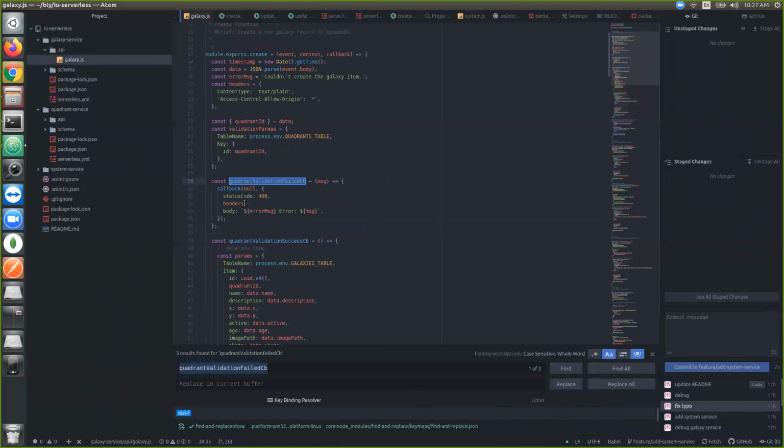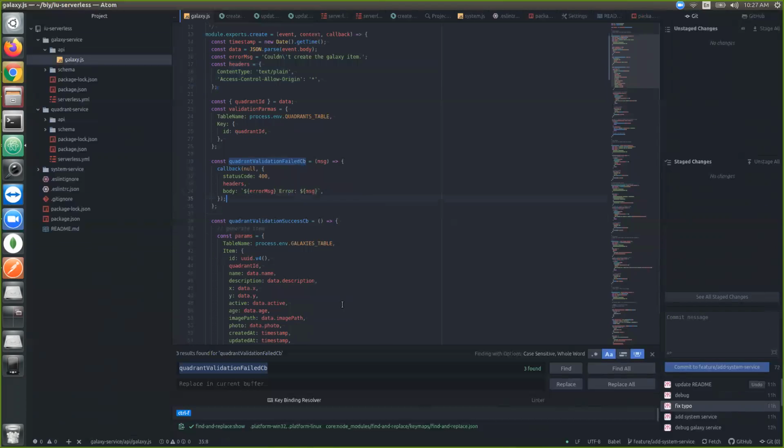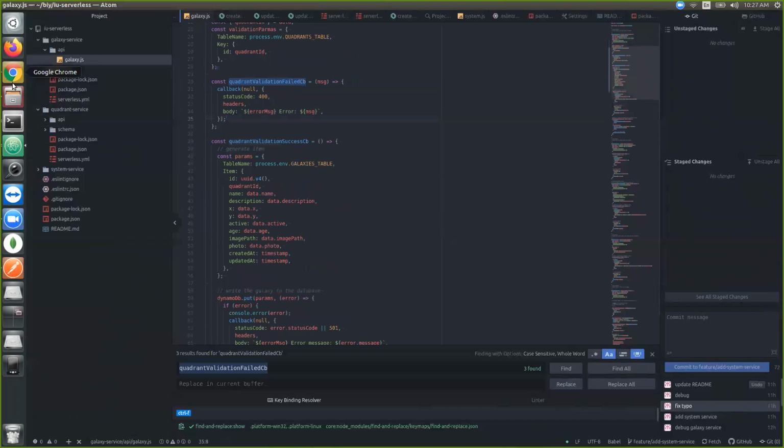And we define the response, the header, the body, and the status code. Right, headers we define here, and the error message will be couldn't create the Galaxy item, and give it an error message. So all these things we can do in the function. And I will